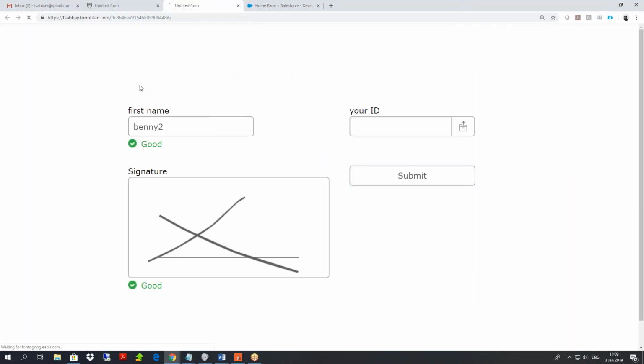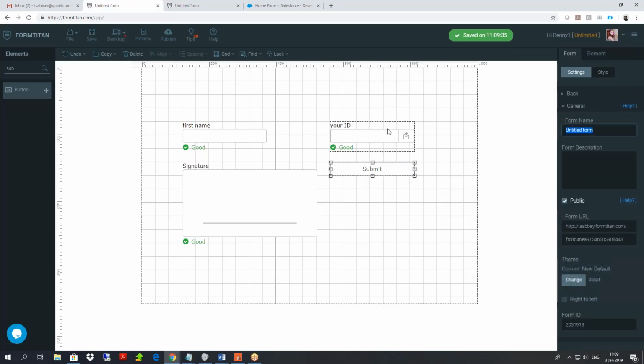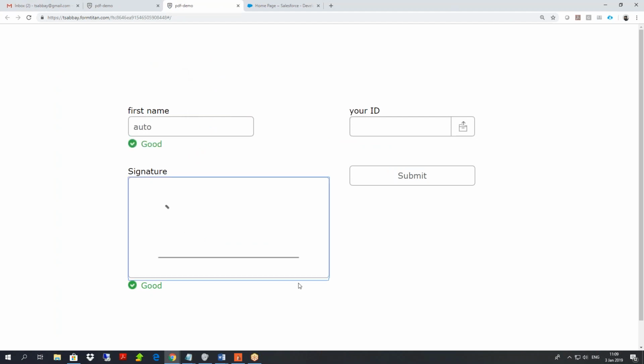Basically, you will not see it because it will take a screenshot. It will clean everything, like the good sign, the error messages, the button. It will clean the screen. I'll show you in a second. Let's give it a name so we can find it, like PDF demo. So this is the auto PDF. Let's say auto